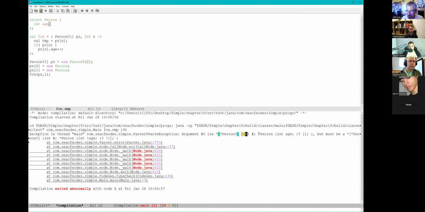And then this is the dump of the internal array structure, including the array element's internal type, which must be a pointer to a person, question mark, same of the internal type. And then tiny here is the bang. The bang says it's got to be mutable. I can't mutate elements I pull out of the array because it's deep immutability. So this is a deeply immutable array of persons. I'm allowed to read it only, but I'm doing a plus plus on something I got through the person pointer. That's not allowed.